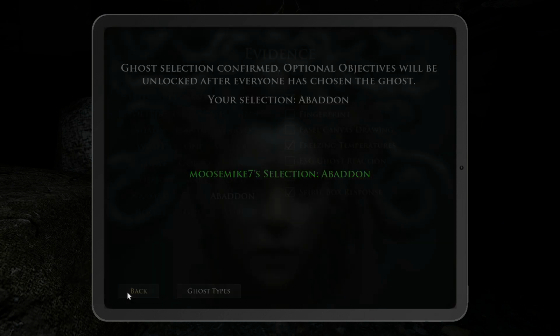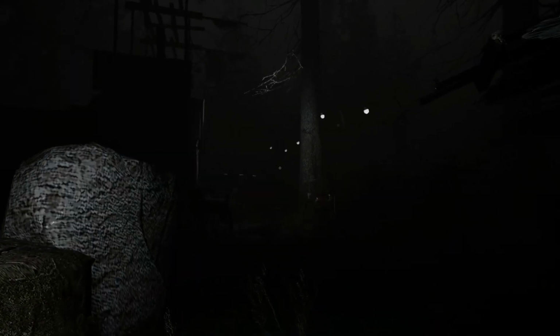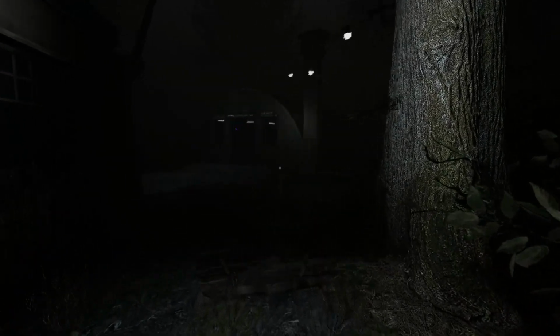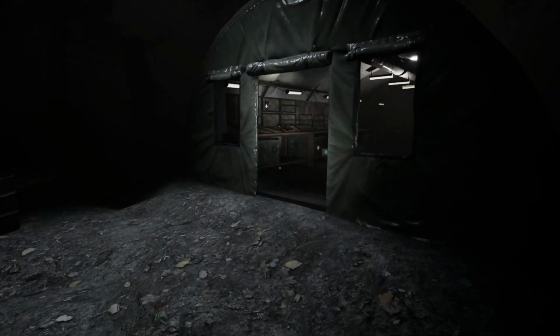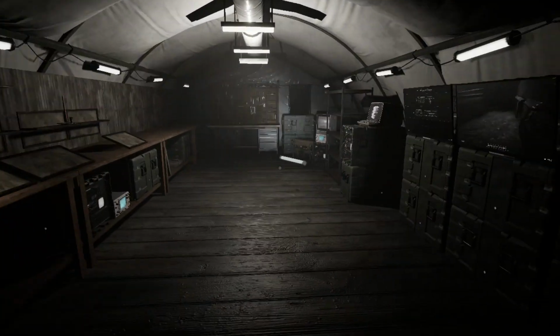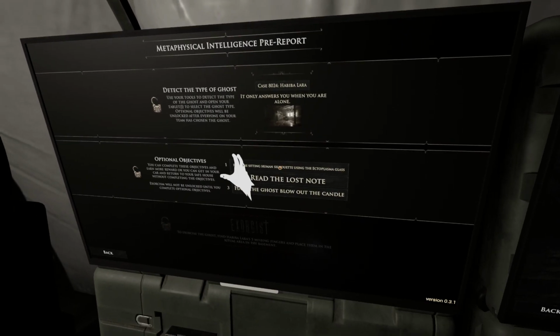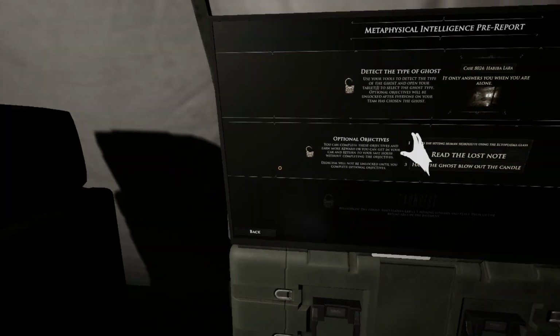Now, it's important to know, guys, be 100% sure that that's the ghost that you are going to lock in, because once you lock it in, you cannot change it. So if you get the ghost wrong, there will be nothing you can do about it when you lock it in. So, really cool, we've gotten our ghost, which means that we've unlocked the second portion, which is the optional